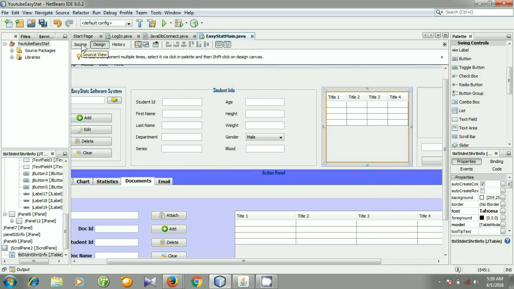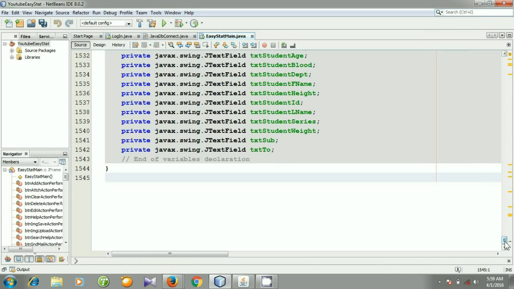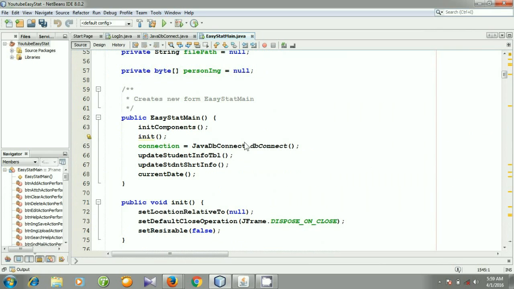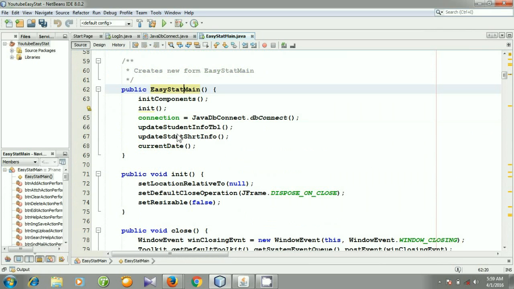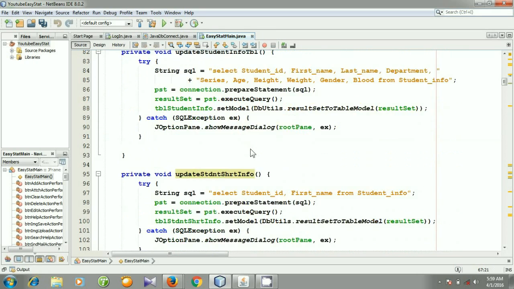At first I am going to open the source file, and where is our constructor? Here is our constructor, and this is the method that is called inside our constructor for showing the student name and ID. So I am going to click it and find out where is the method.